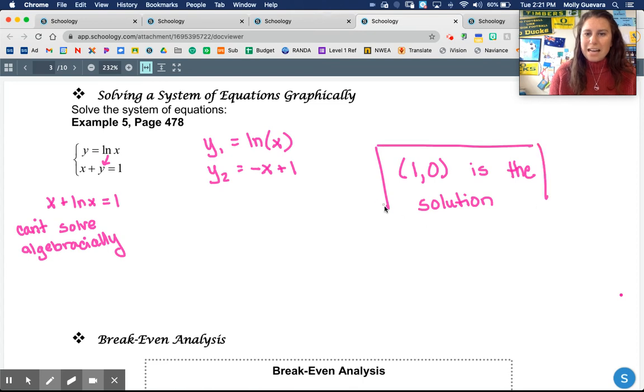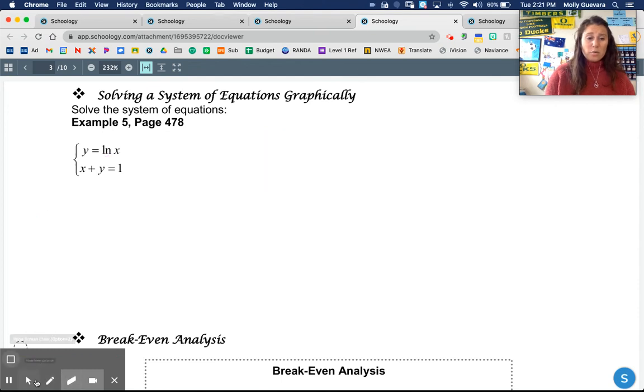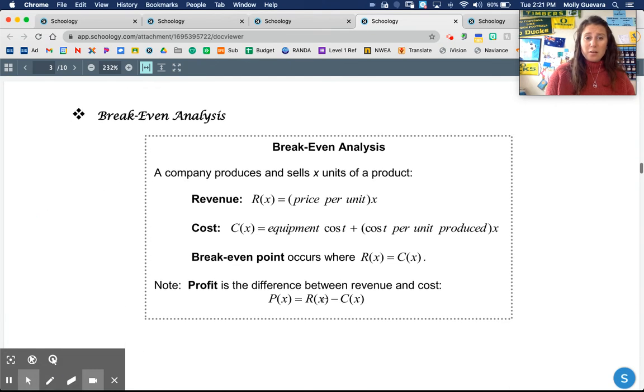So if you cannot solve it algebraically, using your graphing calculator can be really, really helpful. Again, hopefully this is all just good review. The last thing we're gonna talk about is our break-even analysis, which if there's any of you that are thinking